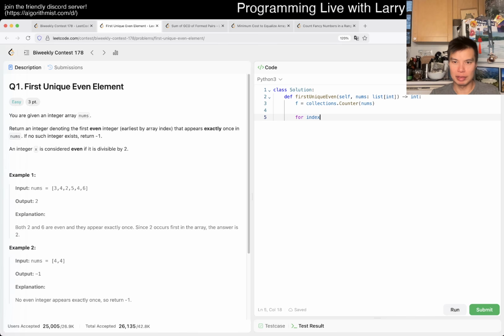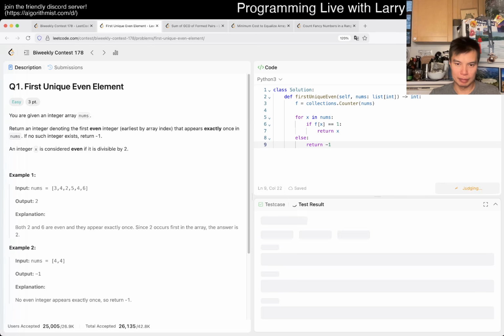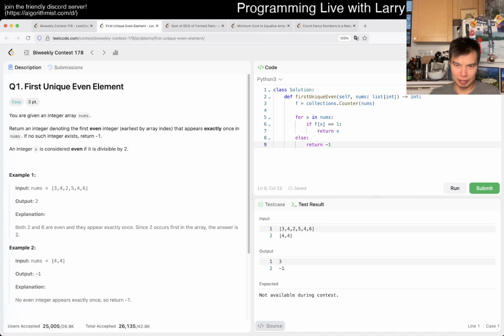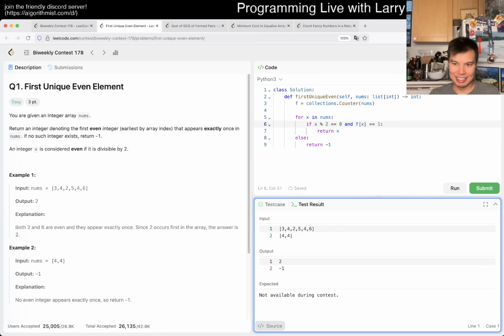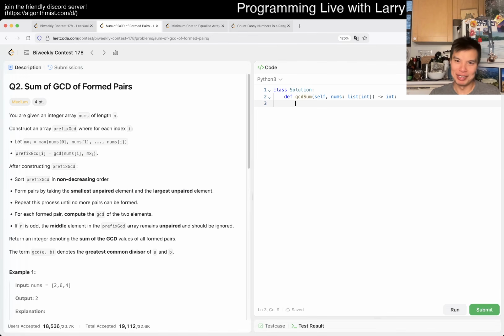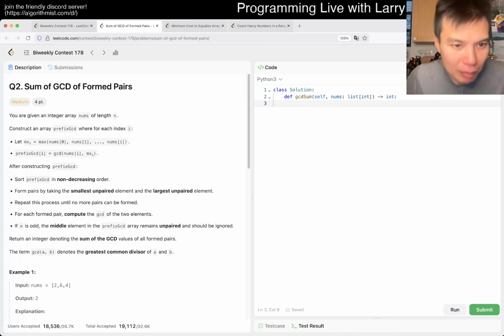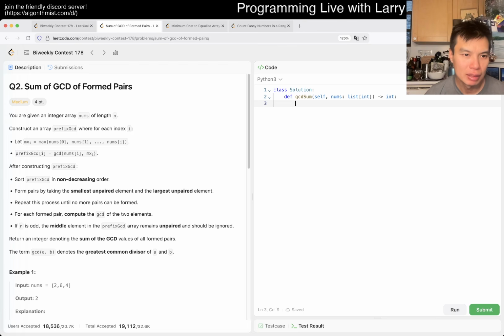Do the first number, okay, for x in nums. Something like this, right? This is why we test. Alright, would have been bad. Okay, so it's a prefix max. Prefix GCD to i is okay, nums of i versus prefix. Okay, GCD of the number over the max. It's a little bit odd, but